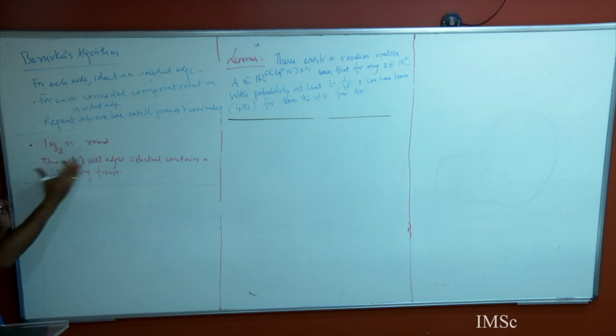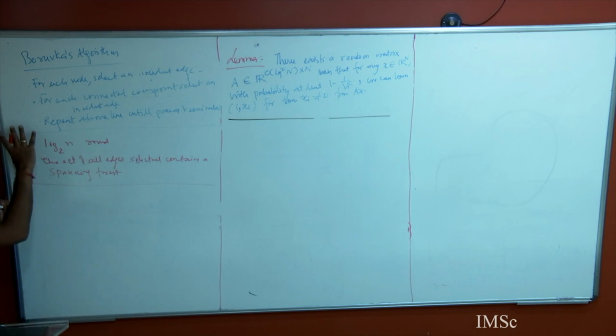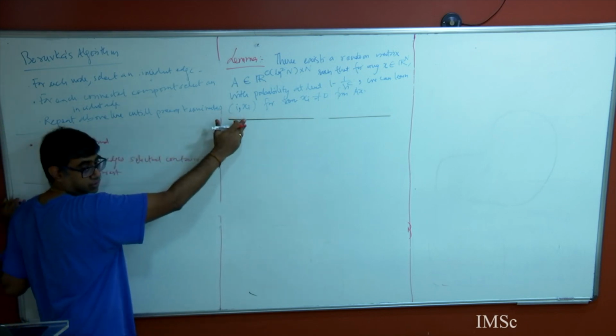So if I have kept this set of edges, looking at this set of edges, I can make my spanning forest and I can tell you whether the graph is connected or not. In fact, I can tell you the number of connected components of my graph. Now, we wanted to do this using this.